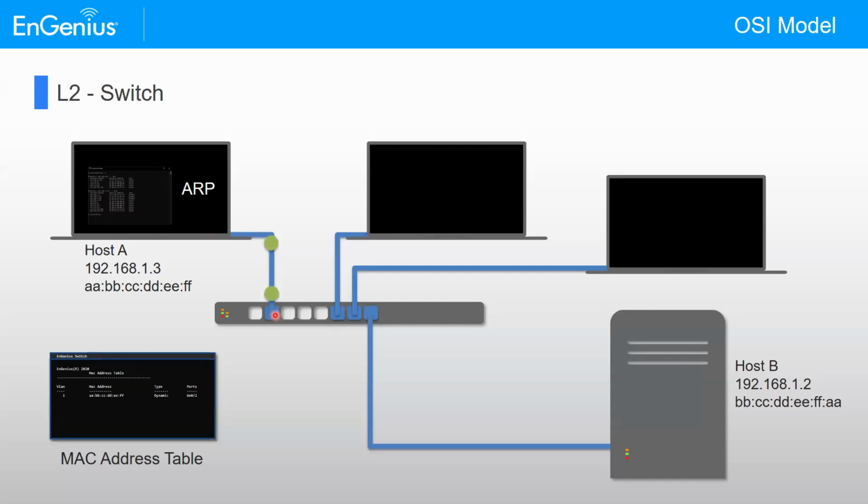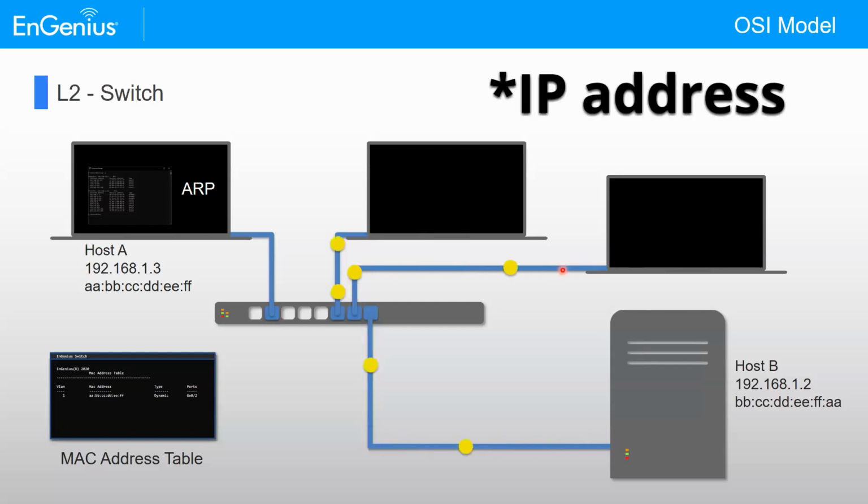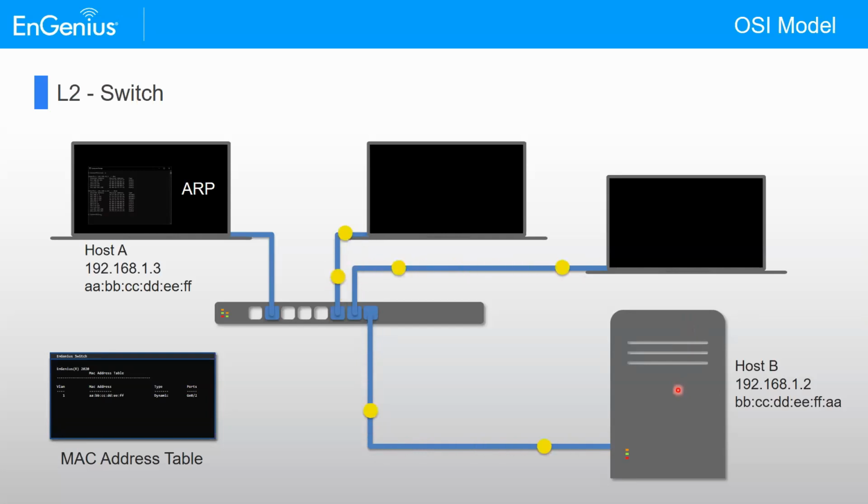Now, when the switch receives it, it's going to list it out on its own MAC address table, and then it starts to broadcast a multicast packet on the network in case that specific MAC address is not on the list yet. Now, after it sends a broadcast, it's basically asking, hey, who owns this MAC address? So when host B sees that information, he will reply and say, I own this MAC address